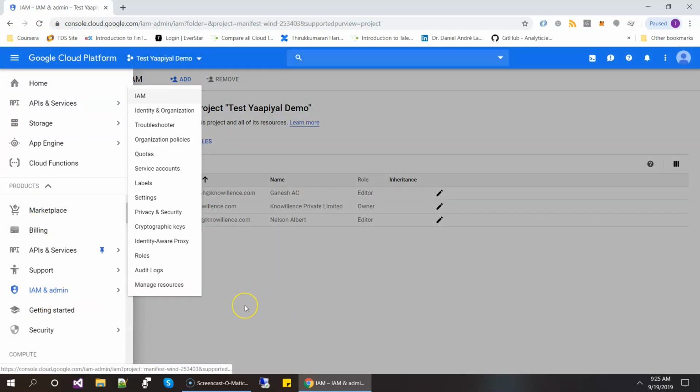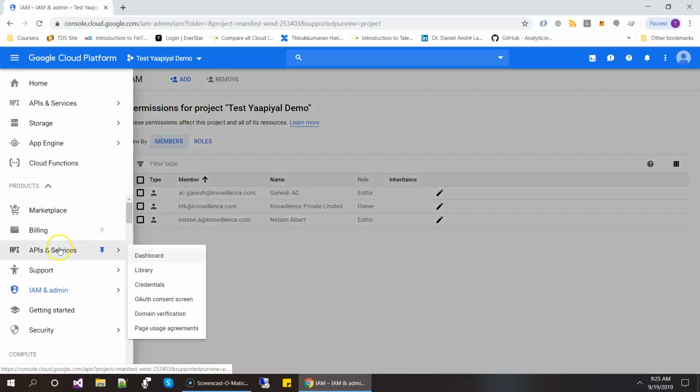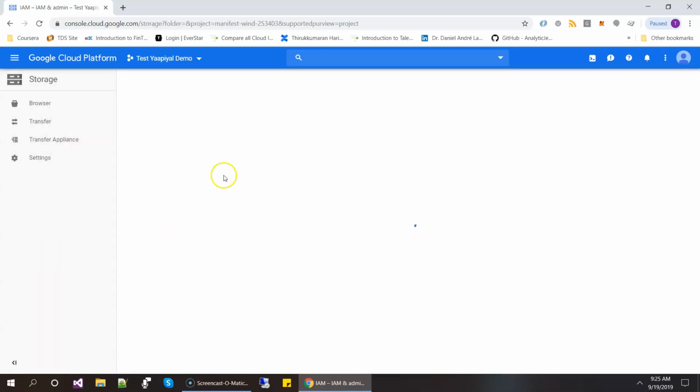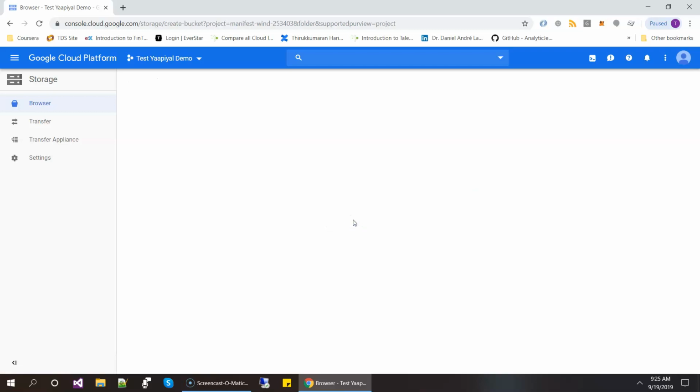The next thing is we are going to create a storage bucket, let's say in this project. Let's click on this, scroll down, storage. A storage bucket is no big deal. It's just a small folder-like structure that we create on Google Cloud, so we call that a bucket. When you create a bucket,